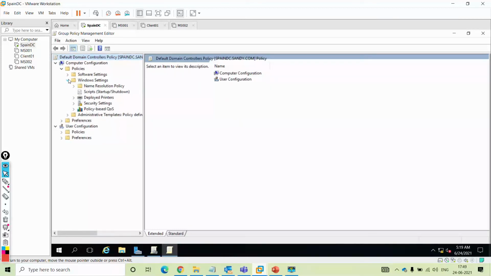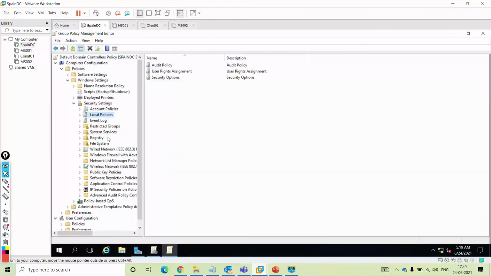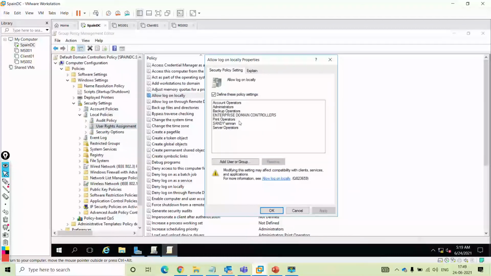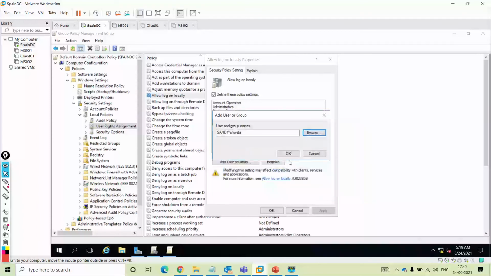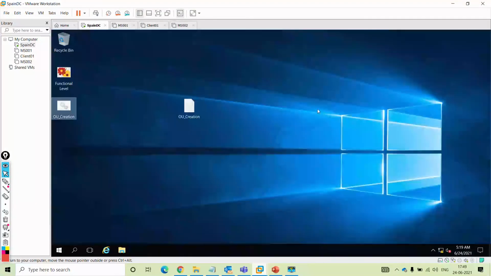Okay, then security settings. Then local policy. Then user rights assignment. Then allow logon locally. And Simran is already added. We'll add Shweta also. Okay, and close, close, and gpupdate.